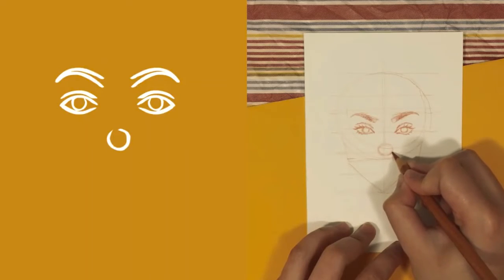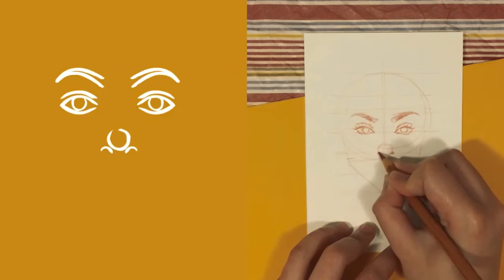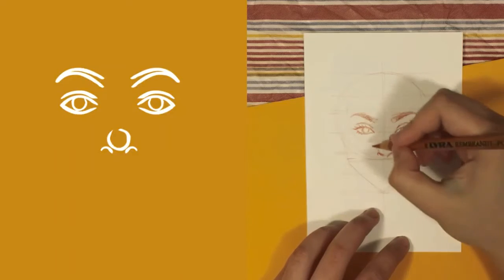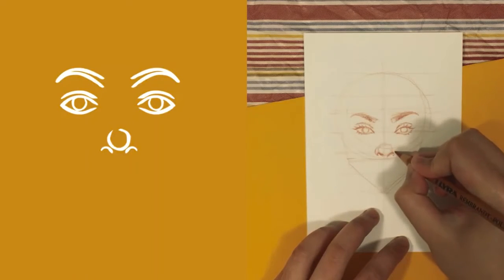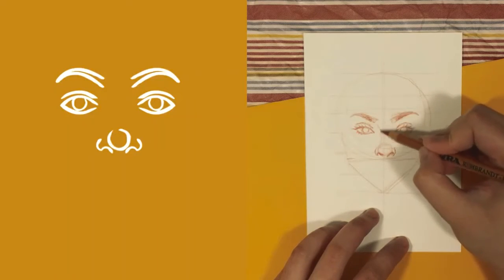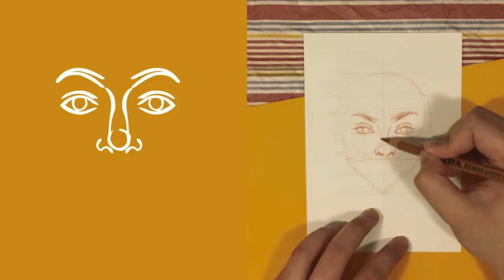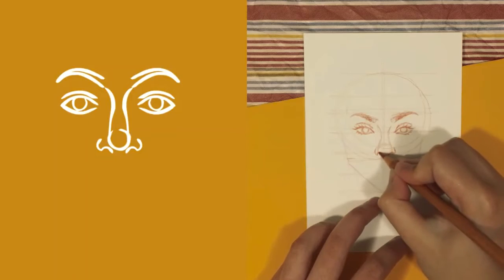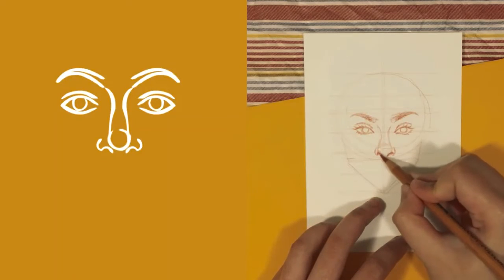I then draw 2 arches for the nostrils, and the height and angle of this arch can also be changed for a bit of diversity. I also like to draw 2 more lines that look like the letter C to complete the nose, and the final touch are 2 lines for the bridge of the nose, so it connects down from the eyebrows to the circle that we drew for the nose. And you can draw this as light or as heavy as you want,